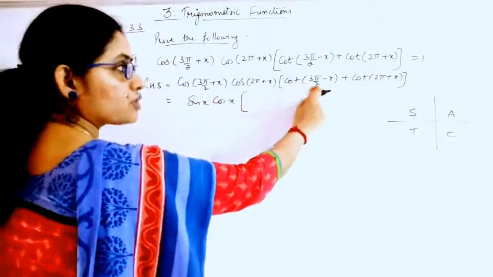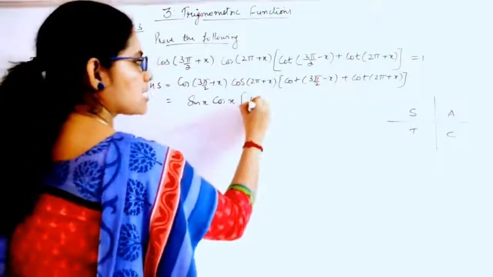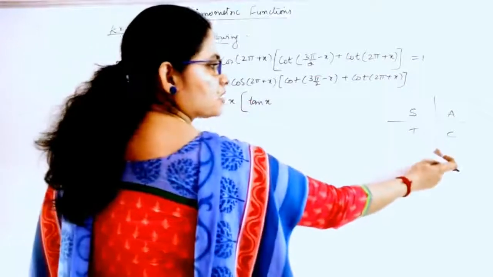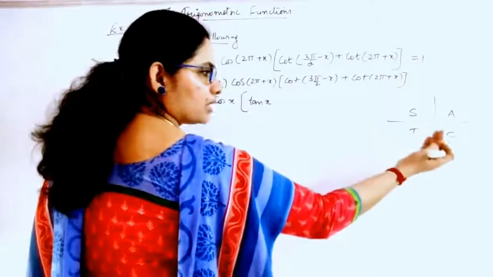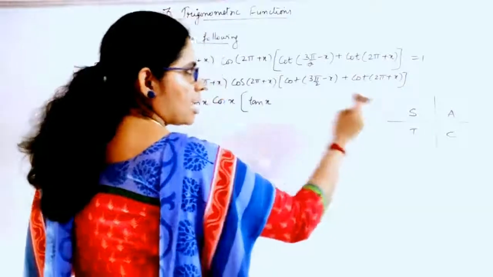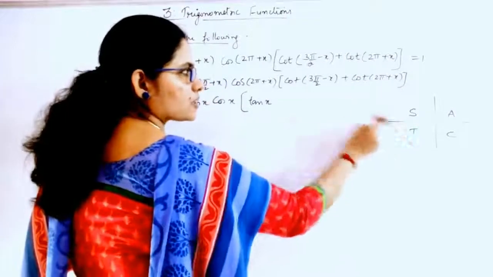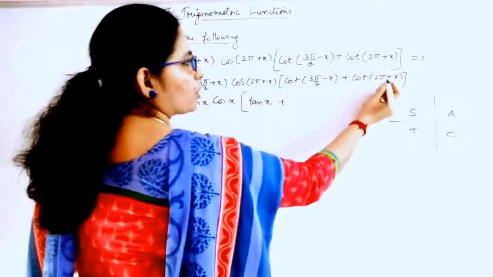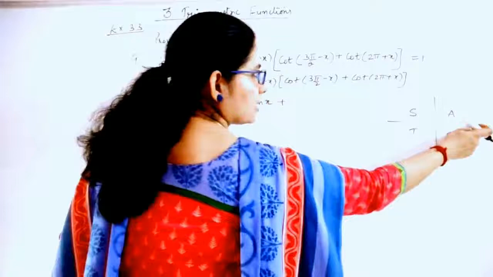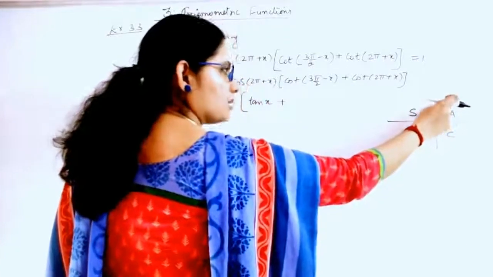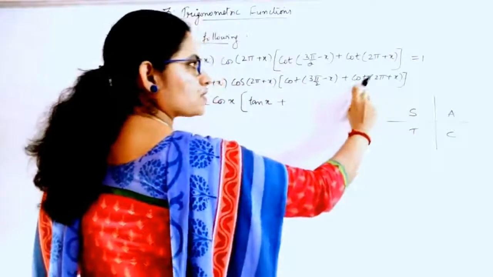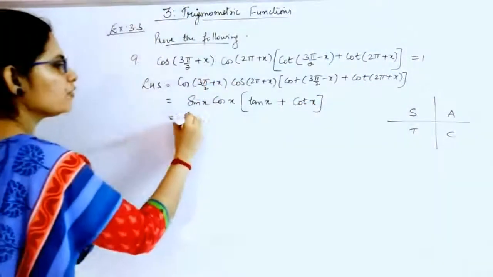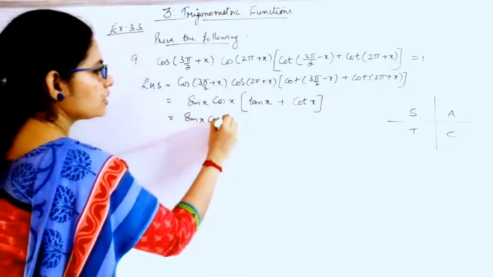Okay. Next, cot. Again, cot of 3 pi by 2 minus x means you will get the opposite thing, which is tan of that angle. 3 pi by 2 minus x: this is 3 pi by 2, so here you are deducting, it will be in the third quadrant, and in the third quadrant tan is positive. Tan is positive means cot is also positive, so that you will get positive tan x. Plus again cot of 2 pi plus x, 2 pi till here plus x in the first quadrant. In the first quadrant positive, and it is 2 pi, that's why you will get the same thing, so it is positive cot x.